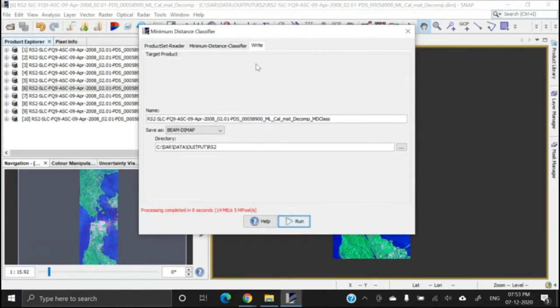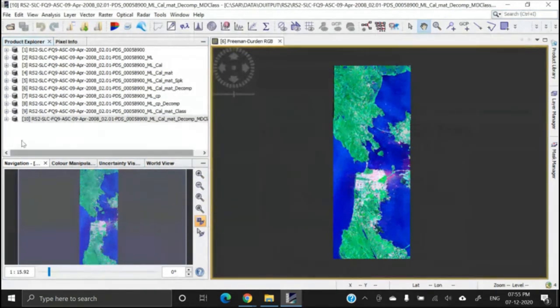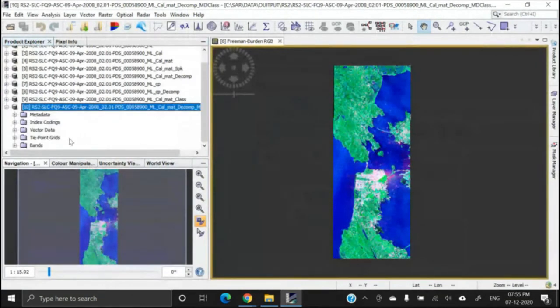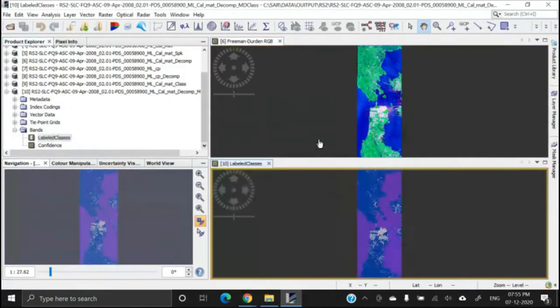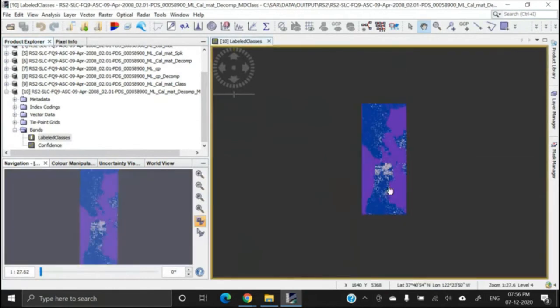So classification is complete. Now see, this is the product, and go to the bands and see labeled classes. Let us close this one. Labeled classes.